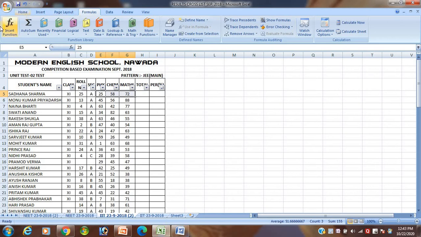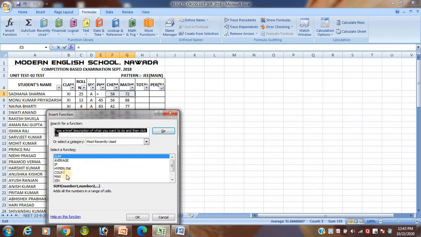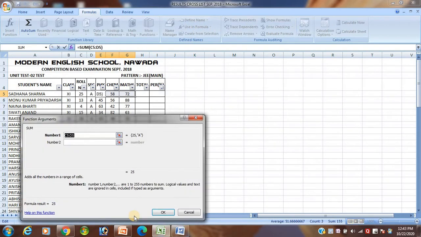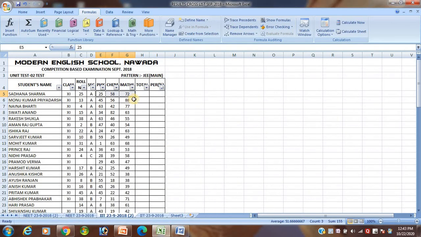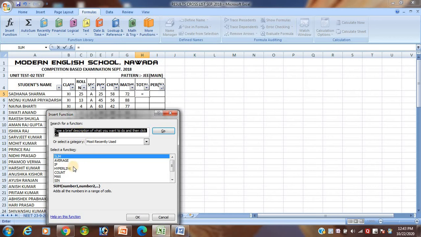Select this one. Again go to the insert function. I want to calculate the student sum. Then click on the OK. D5 to F5. This one equal. Then go to the insert function.